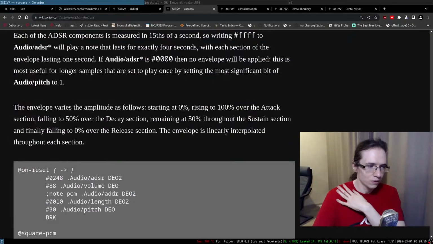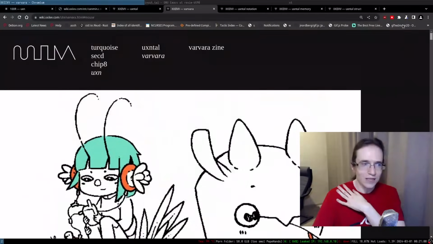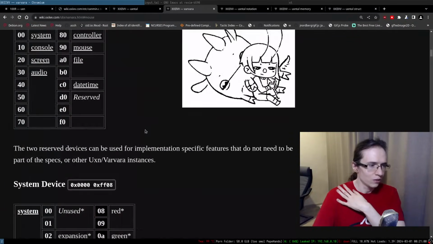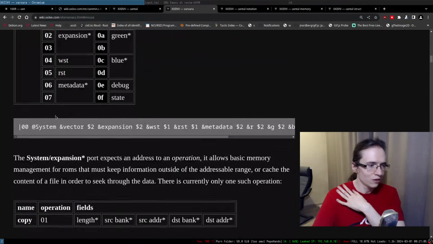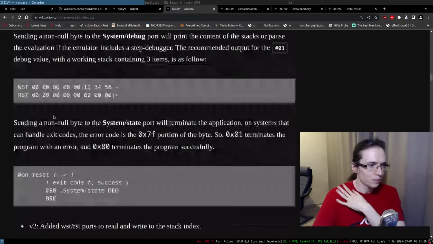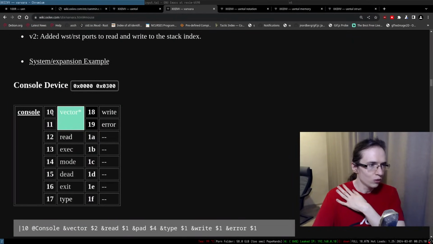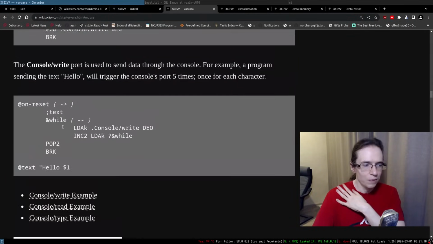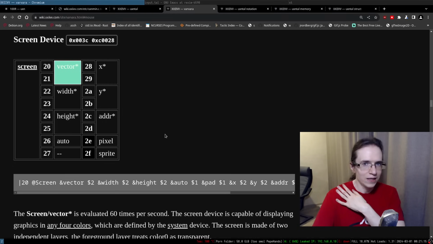There's audio, there's an audio device. Is there a list of devices in some way here? Okay, so not that interesting. So the system device. There is a console device. It's probably the most boring device. They should have had a table of contents for the different devices.